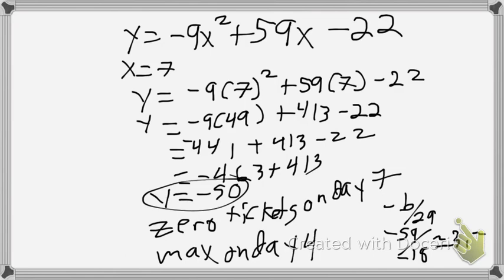And then it's going to go back down to 0. So the max number of tickets sold on any given day was day 4. We already know that to be